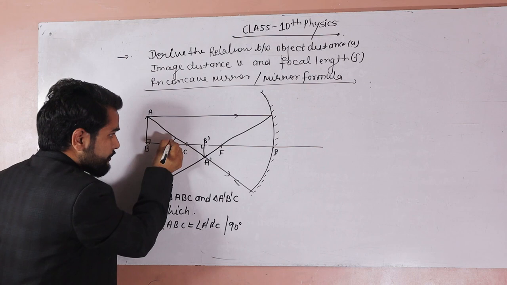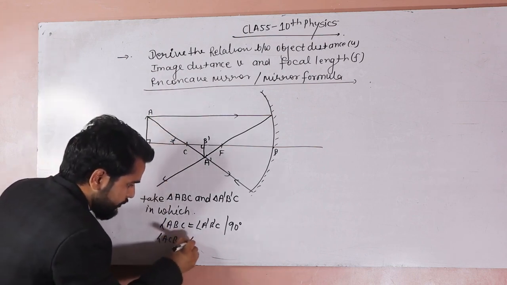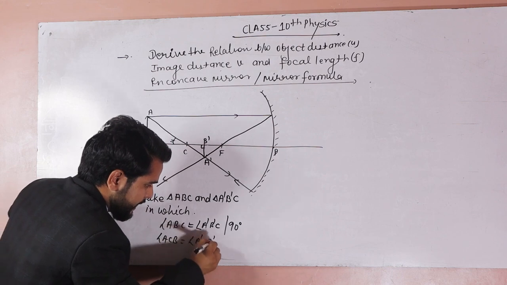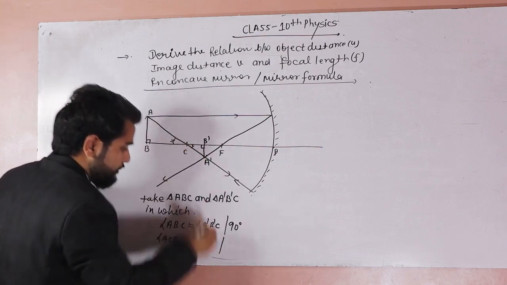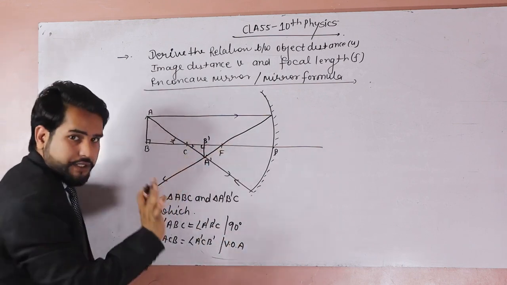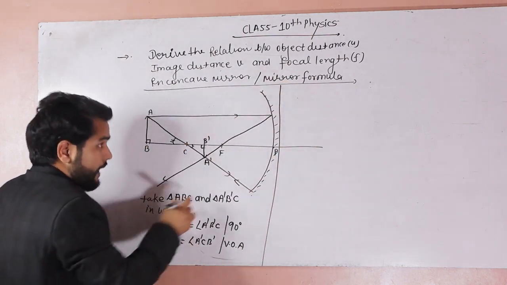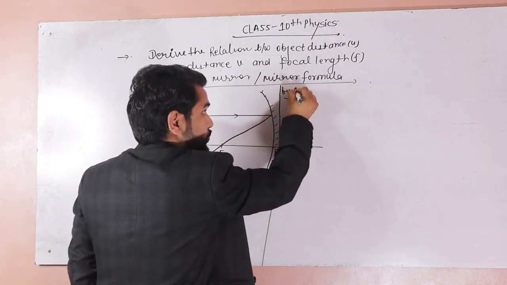Again we take angle ACB equals angle A dash C B dash, and these are also equal, being vertically opposite angles. You know very well, vertically opposite angles are equal. So we can say, by the AA similarity rule,